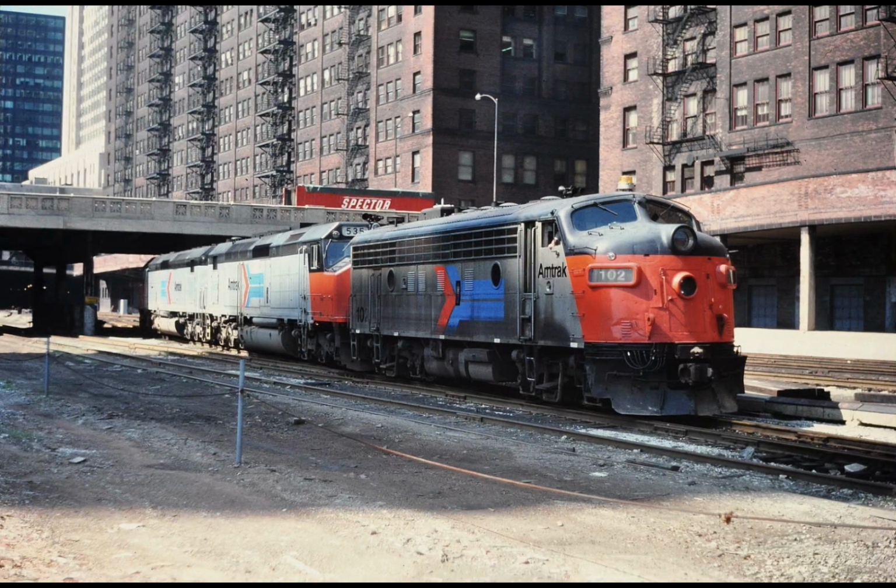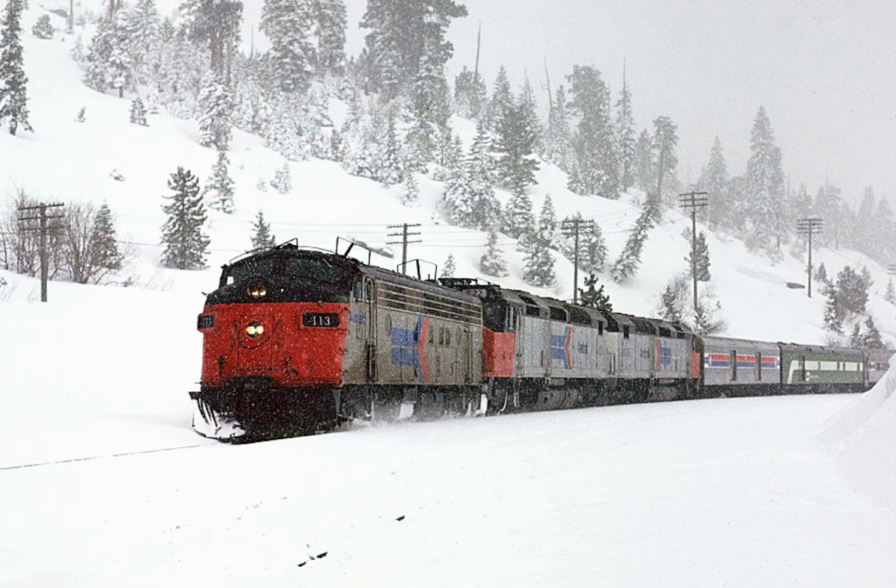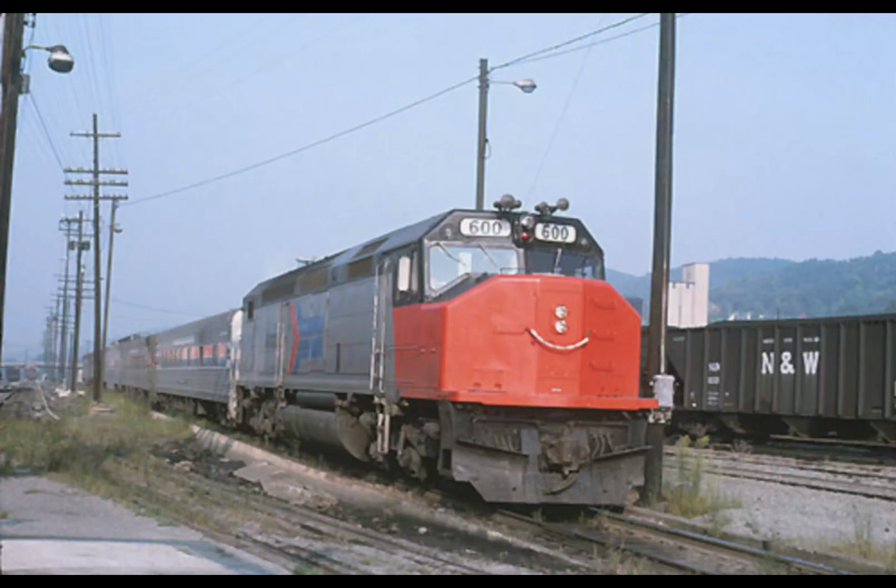In 1975, Amtrak was struggling with a serious motive power crisis. The railroad's motive power mainly consisted of EMD F and E units that were inherited from other railroads. These units were mechanically unreliable as they were around 25 years old by this point and had been overworked to death their entire lives. In addition, Amtrak's SDP-40Fs that were built by EMD between 1973 and 1974 were having serious